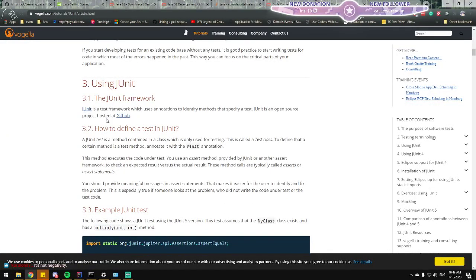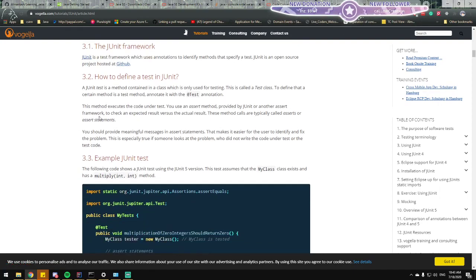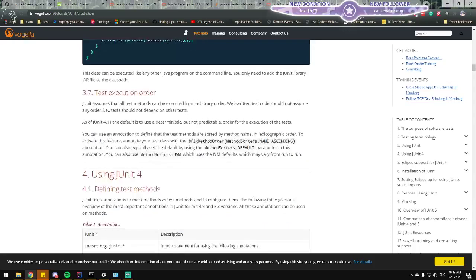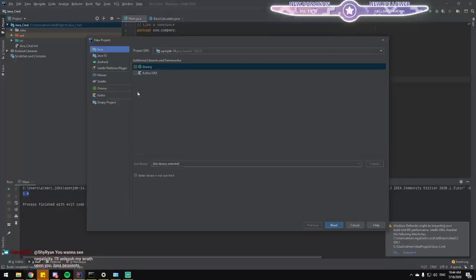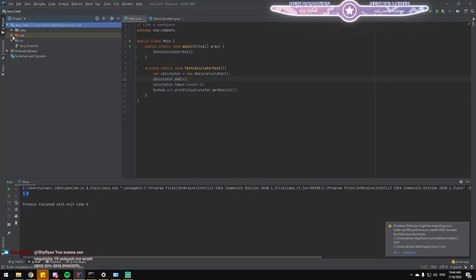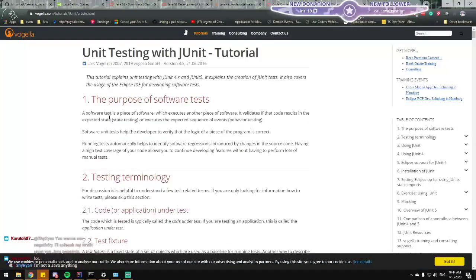Blah, blah, blah. I don't care. How to define test in JUnit. JUnit test is test implementation. Example JUnit test. Wait a minute. Does that mean that there is no different project for tests in Java? Huh.